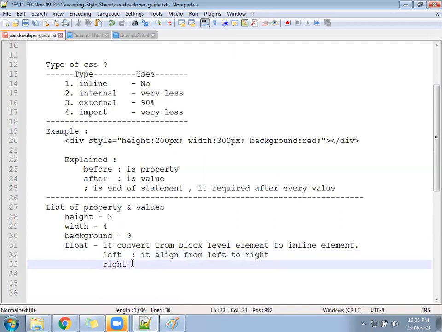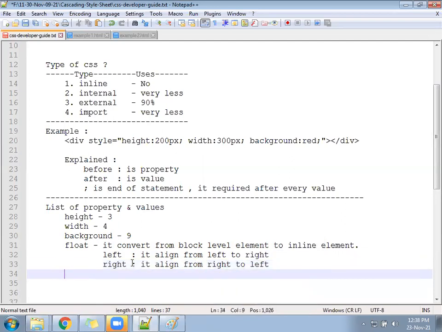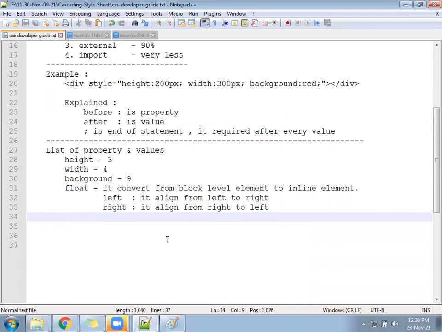Float right aligns from right to left. Okay, it aligns from left to right, it aligns from right to left. And combined, both convert from block level element to inline element.